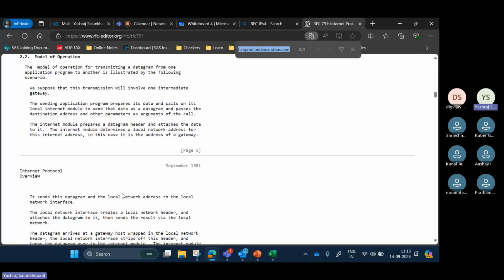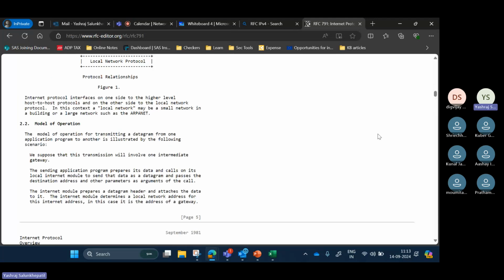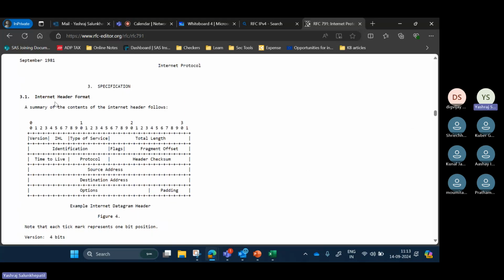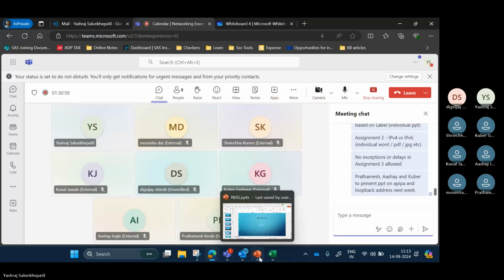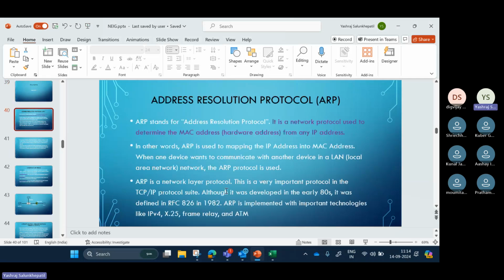Okay, let's go. Let's see if we have 1983. We don't have 1983. ठीक है. और कहाँ? Let's see if we have the definitions. ठीक है. इंटरनेट हेडर्स भी है. ठीक है. हेडर्स कैसे डिफाइन होते हैं, क्या होते हैं. Okay, this is an example of internet datagram header, so on. So you can explore it on your own. Okay. Sorry, back to the theory part. Yeah, we are done. Okay.